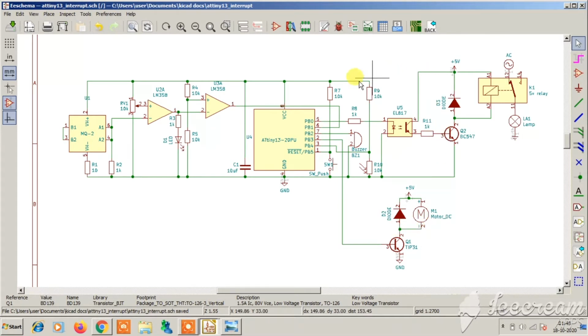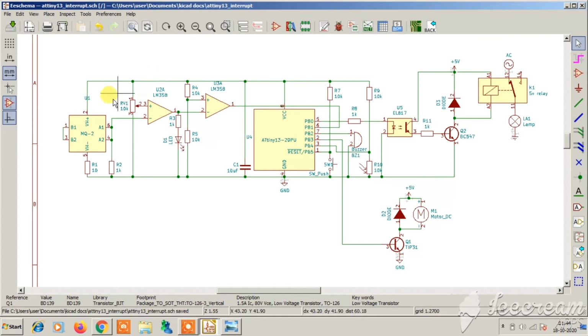Also note that the VCC used for this section is isolated from this section. In case you don't have a separate power supply for powering this section, you can short them to this VCC section too, but in that case you will get less isolation. If you use a separate power supply for this relay and this motor driver, you may get better isolation and better protection. But since these are low power 5-volt circuits, you may wish to short this from here to here in case you have no other 5-volt power supply. So it depends on what you have and what you need.